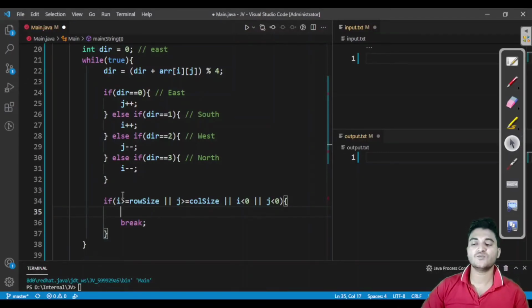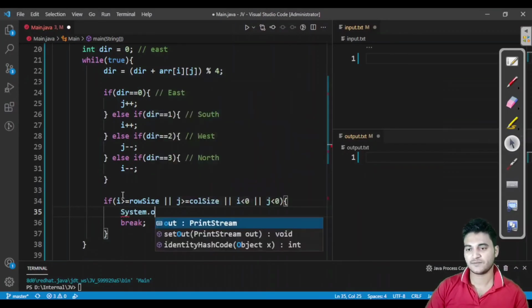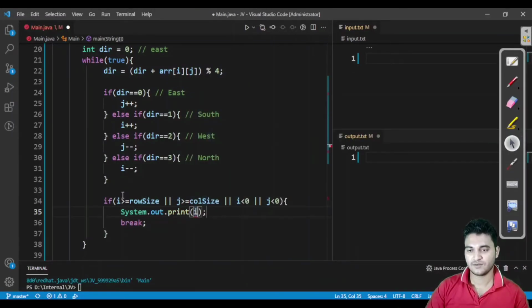So first of all, if we find any exit point, then we have to break. And one more thing, firstly we have to print the value of i and j, and break a line also. It is not mandatory.